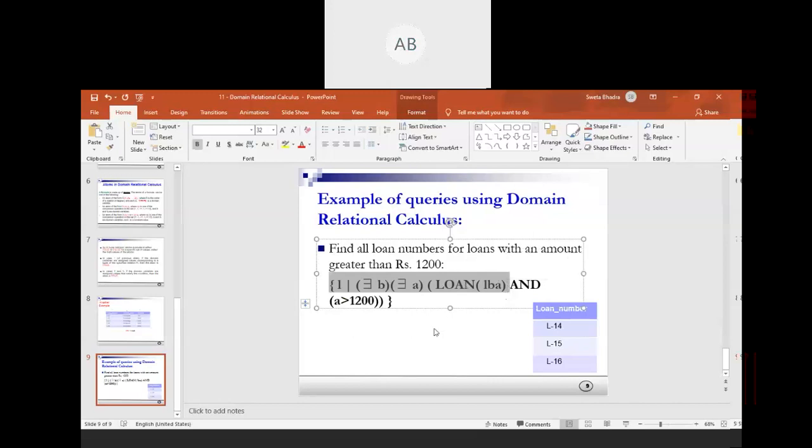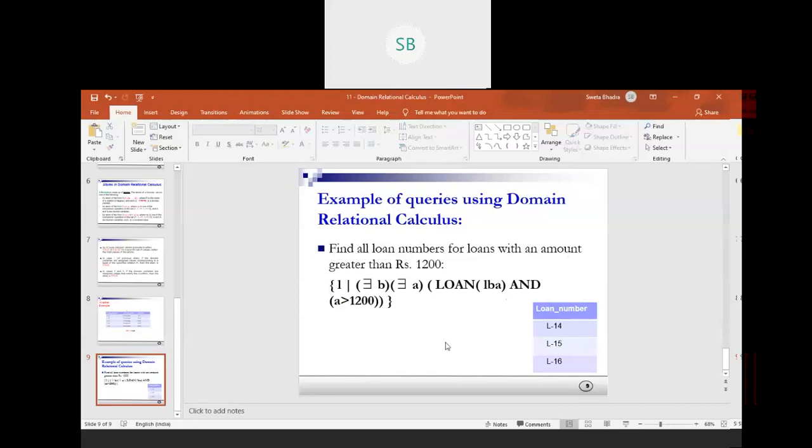Now, in tuple relational calculus also, we use some kind of logical operator to add a condition. For this one we have to find the loan number of those whose amount is greater than 1200.